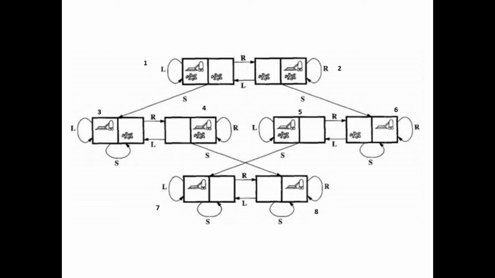Suppose here in the first state, without cleaning room A, suppose the vacuum cleaner performs the action move to the right side. Okay, so then what happened? Please observe the second state.